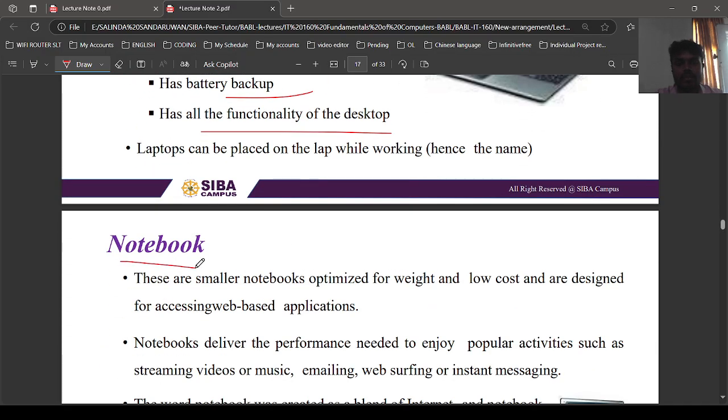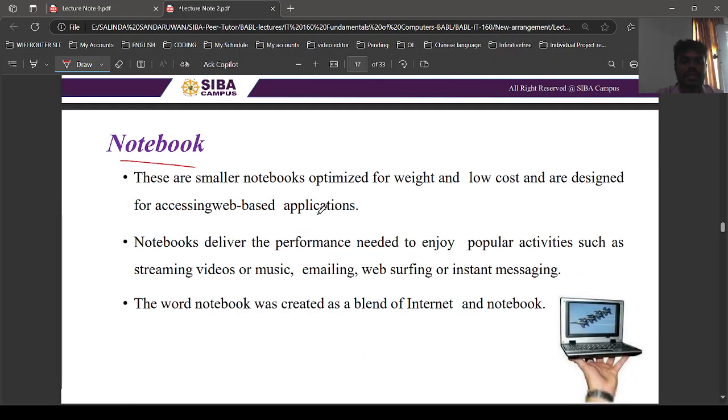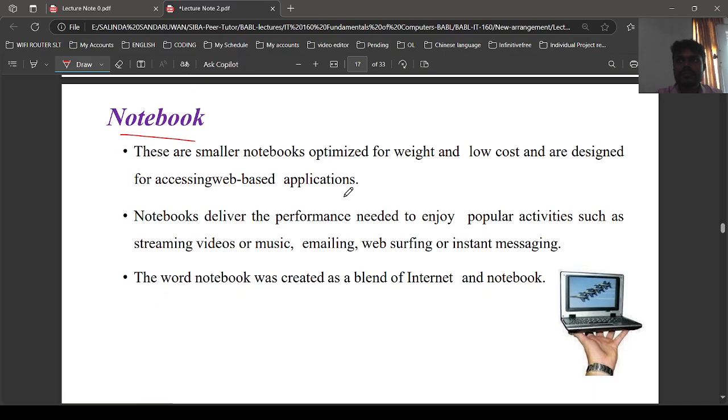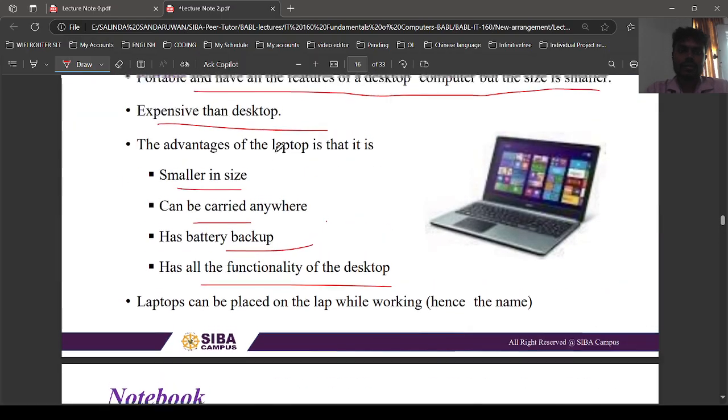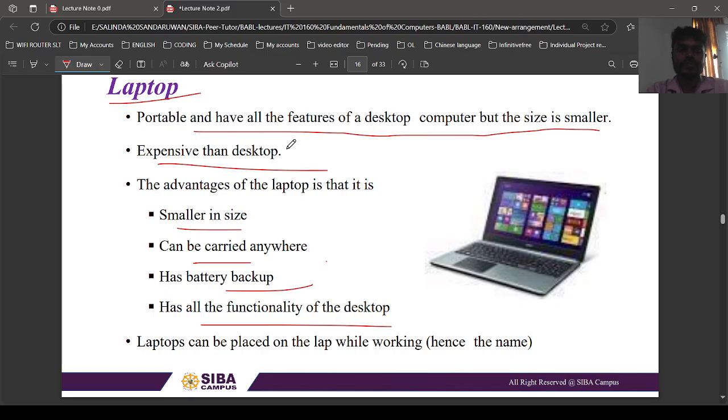And the notebook is a little bit smaller than the laptop. Yes, a laptop is a portable computer, and it's more portable than a desktop. With a desktop, you should carry the system separately, the UPS battery separately, then the display and keyboard separately. But in a laptop,